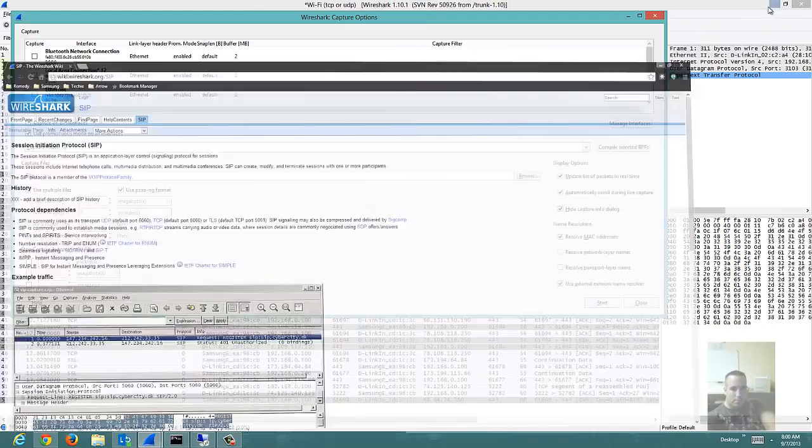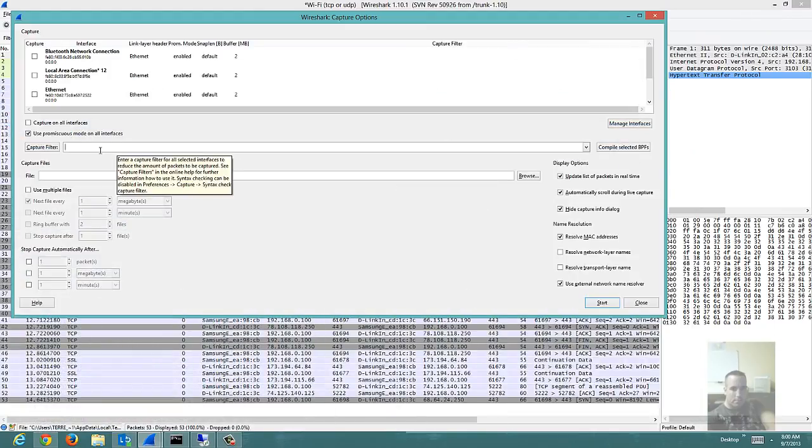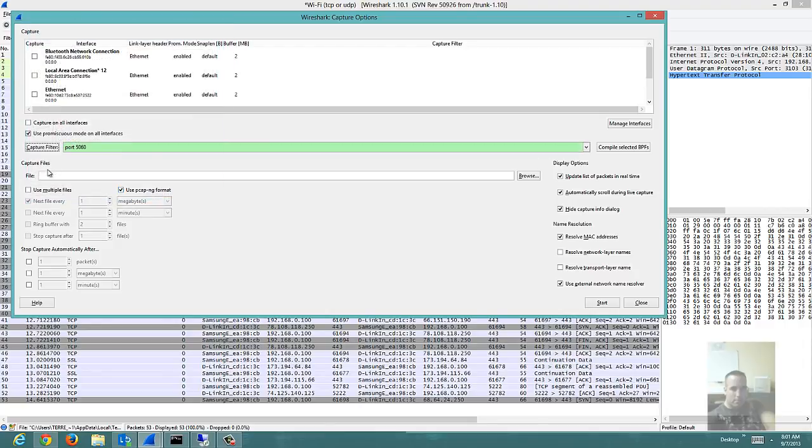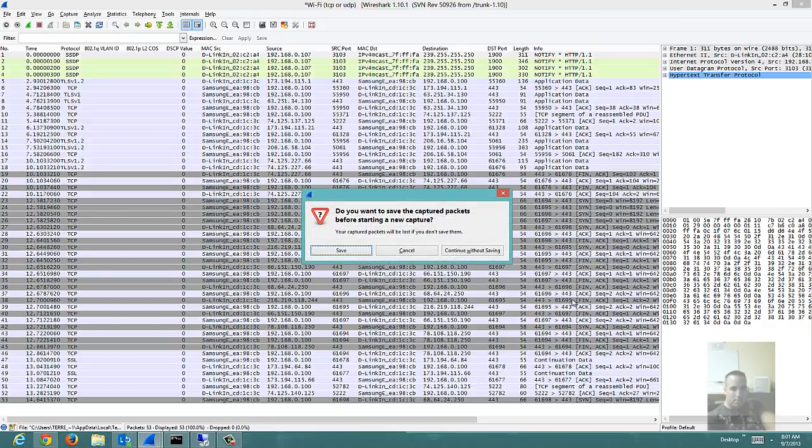However, what they're telling me is that I should be able to go and do a capture filter and say, if I wanted to just use 5060 instead of 80, and then we would call this SIP, that should work. So port 5060, and this is going to give me both TCP and UDP port 5060, and if I hit start,